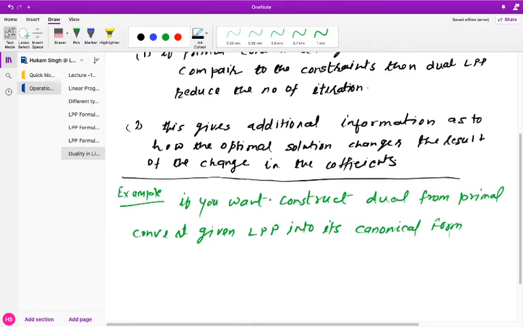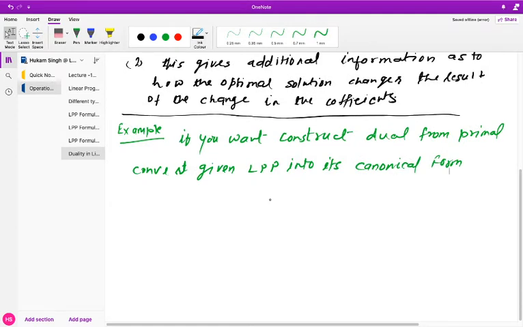Whatever LPP is given to you, you have to convert that into its canonical form. Then only you can convert it into its dual. So let me take one example. The general canonical form of an LPP can be written as